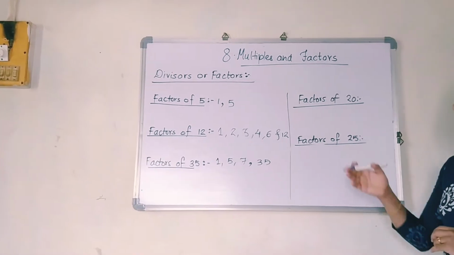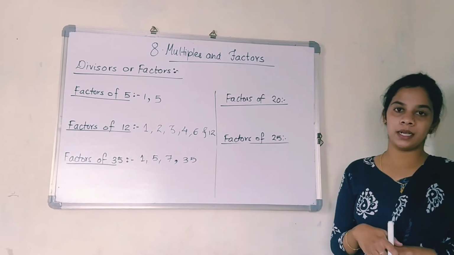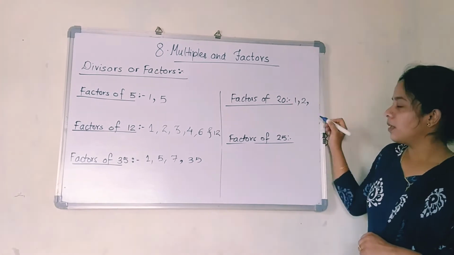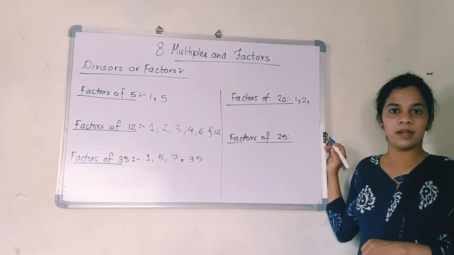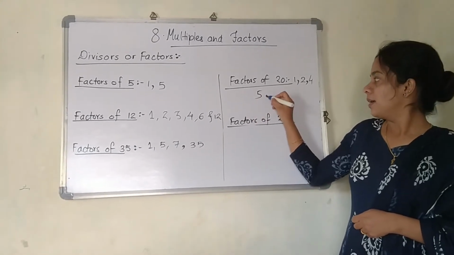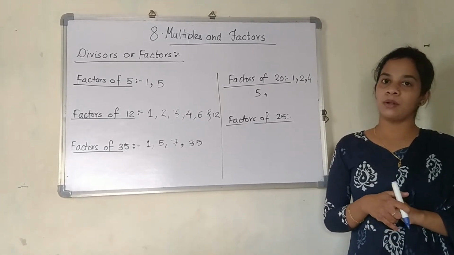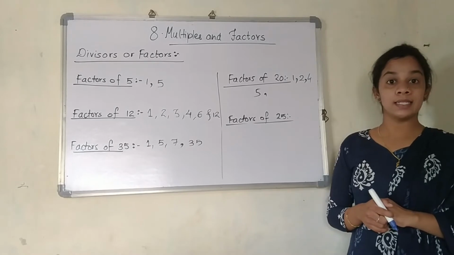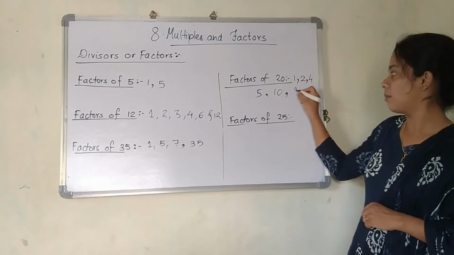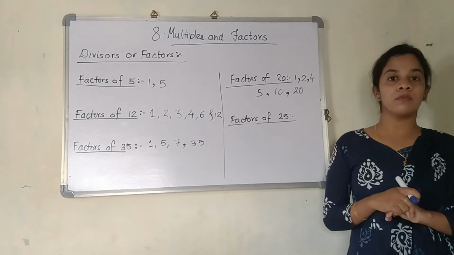Okay. Now we are going to see for the next part, that is factors of 20. 20 is coming in which particular tables? 1's table, 2 tens are 20, so 2's table. In 3's table is it coming? No. 4's table, yes. 4 5's are 20. It is coming in 5's table. Okay. 6 table 20 occurs? No. 7 table? No. 8 table? No. 9 table? No. 10 table? Yes. And I have told you, when you reach half of the number, directly the answer next number will be that number itself.